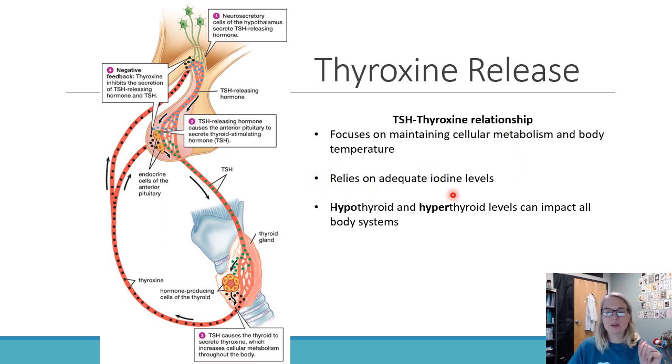Right? Another thing that we need to take into account is this relies on iodine levels. Iodine is a big part of the thyroxine molecular structure. So that's why in most westernized cultures we have iodized salt. Because if you don't have enough iodine, your thyroid gland's like, I need to make more hormone, but I'm trying, and the thyroid gland gets bigger and bigger and bigger, and then you end up with what's called a goiter. There's a really good picture of that in your textbook, and so that's usually due to iodine deficiency.